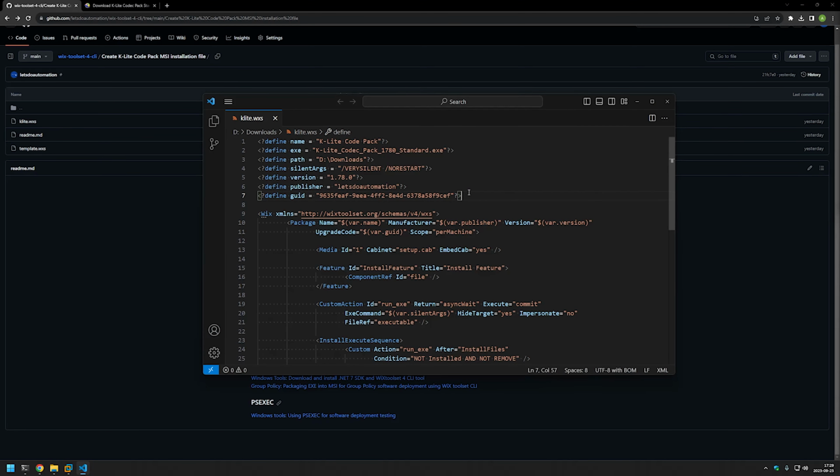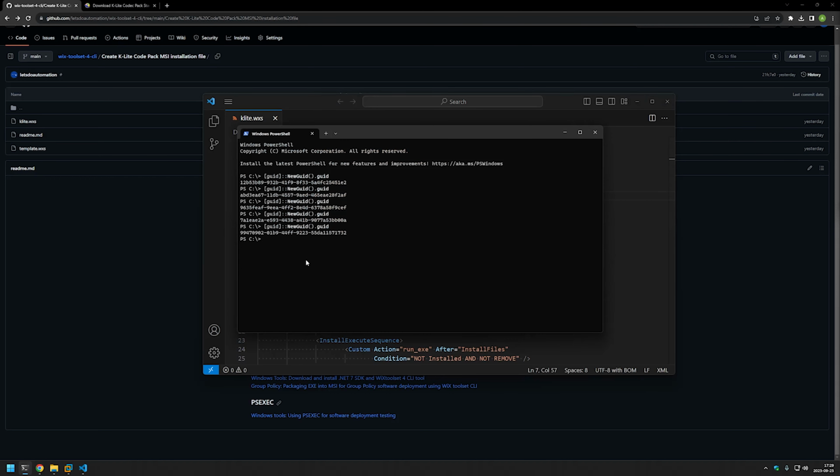And this is all the necessary information that we need to provide to generate our MSI package. Now to generate our MSI package, I will go back to my terminal, and here we want to change the location in our terminal to the directory where we have our configuration file. So like I said, for me it's my D downloads folder. So I will type cd d